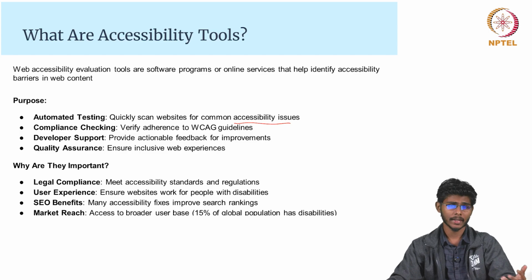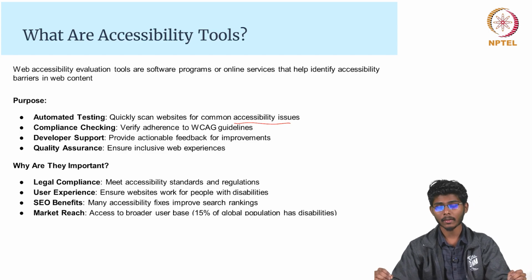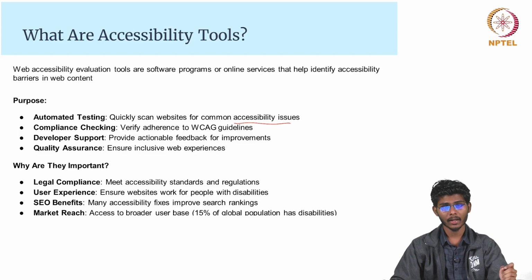For testing purposes, we shouldn't rely only on web accessibility tools. First, we generally check with manual testing. In every scenario of web evaluation, manual testing is a must and mandatory. Then we can go for automated testing. And before this, we must also check compliance, whether the site follows the WCAG guidelines, adheres to those guidelines, and does not cross any limitations apart from the WCAG guidelines.